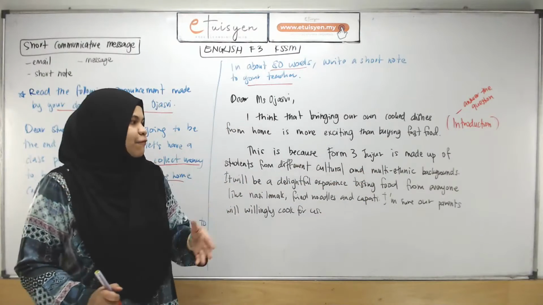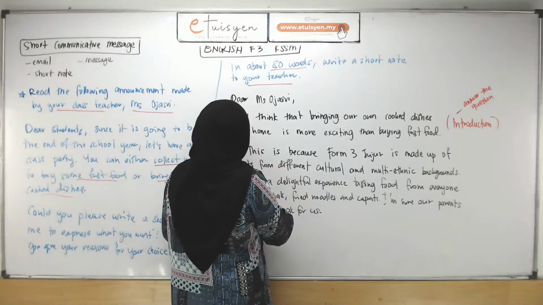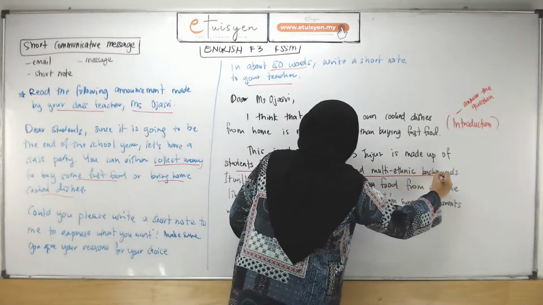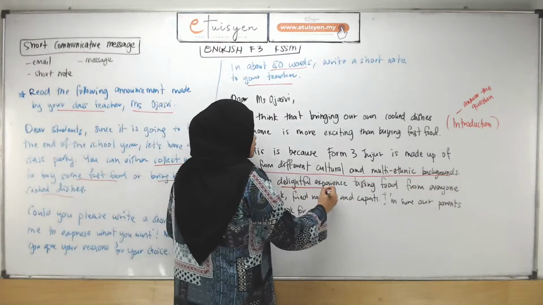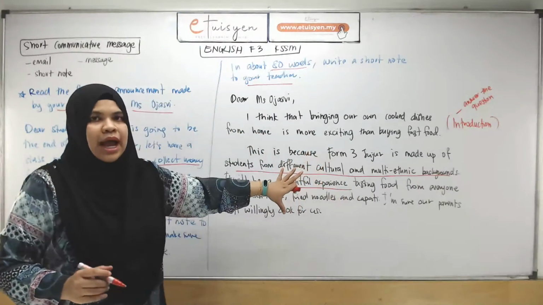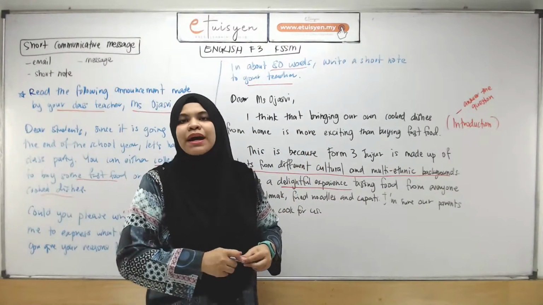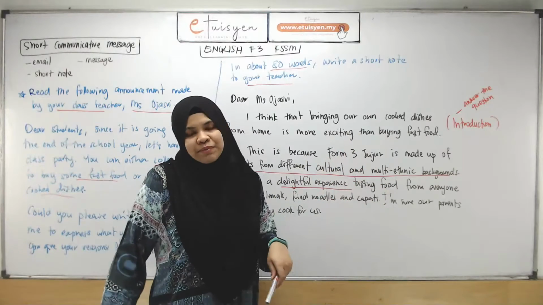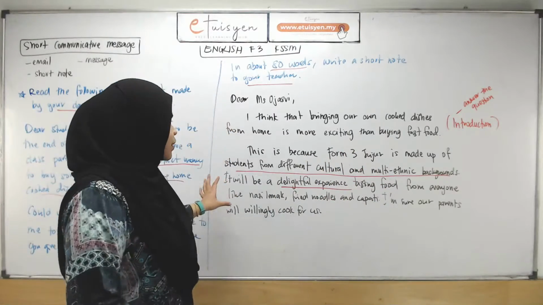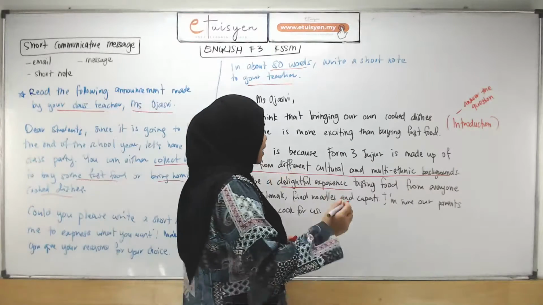It means because everyone is from a different culture and multi-ethnic background, he gets a delightful experience. So this is my point. I would get to eat a lot of different food because my friends or my classmates are from different types of families. Okay, alright, so here, and then also, I'm putting here,